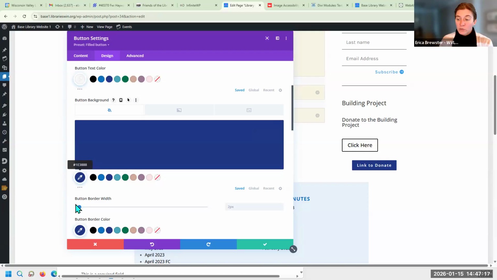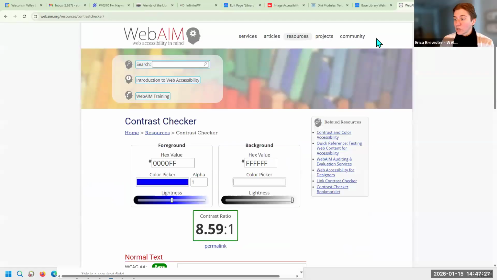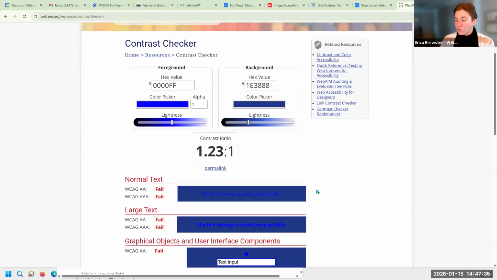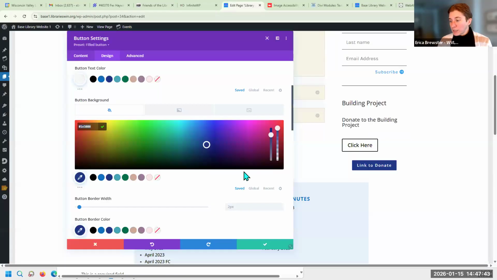If you hover over the little eyedropper, or if you are up here selecting a color, when you hover over that spot, it's going to give you the hex code. You're going to take that hex code, paste it into your color picker. It's going to, let's see, give you your example down here. Right now we have a fail because we have blue text on blue text, which is not great. But when we come back to our button,